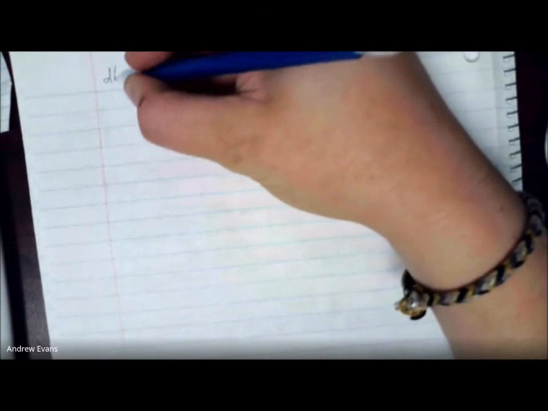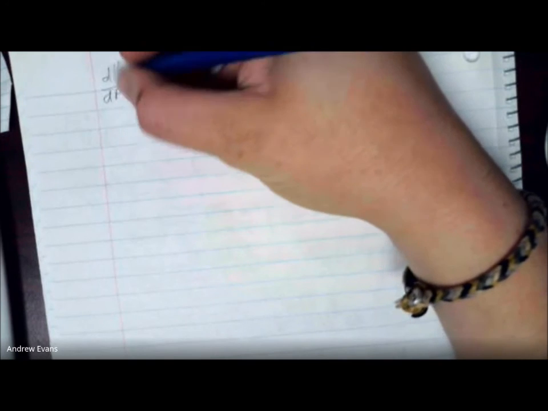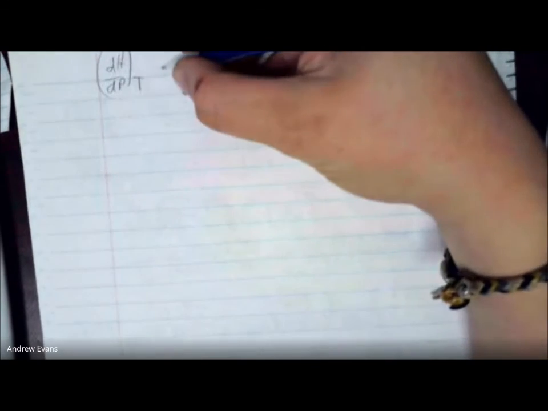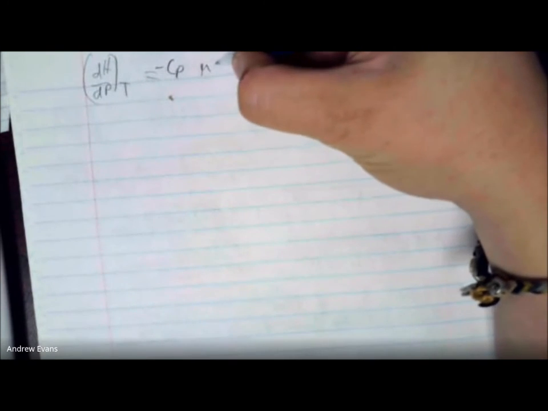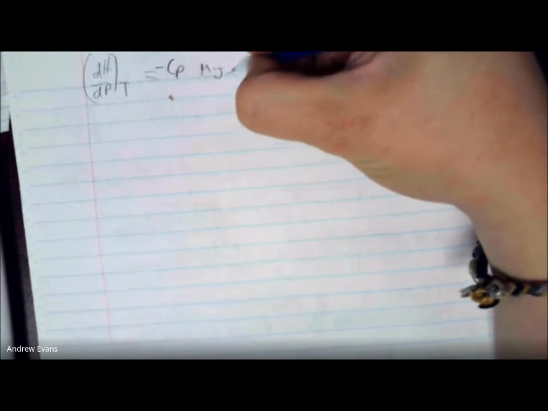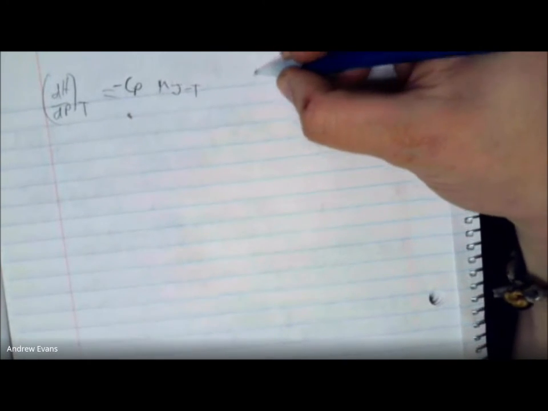So the statement, because dH/dP at a constant temperature is equal to negative C sub P mu JT: the change in enthalpy of a gas expanded at a constant temperature can be calculated. To do so, the functional dependence of mu JT on P must be known. Treating argon as a van der Waals gas, calculate the change in enthalpy